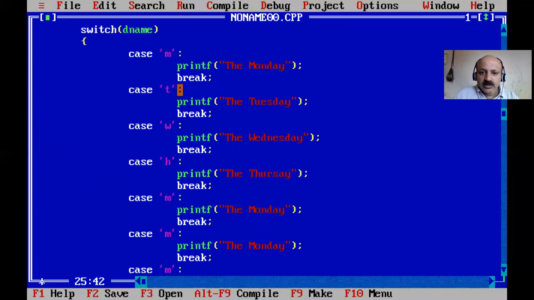Okay, so here let us check how it creates an error. First we have to take H for the second letter, Thursday. Then Friday, so F, and here you can change it to FRI, Friday. And last, there are two S's, Sunday and Saturday, so we can now take